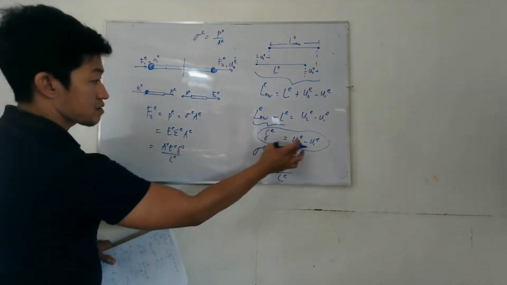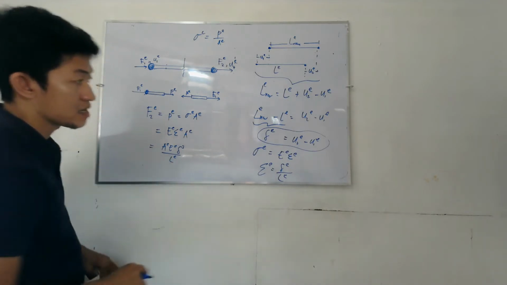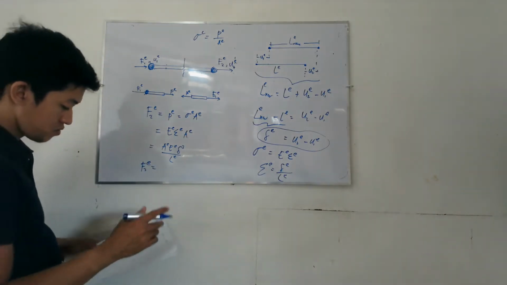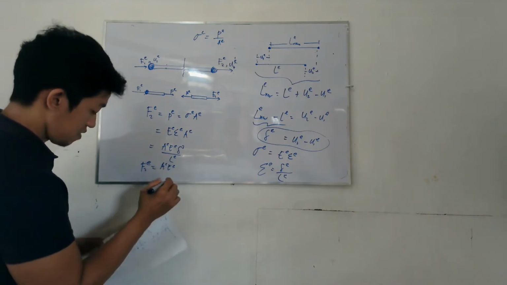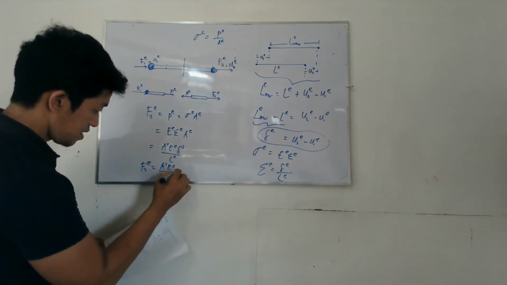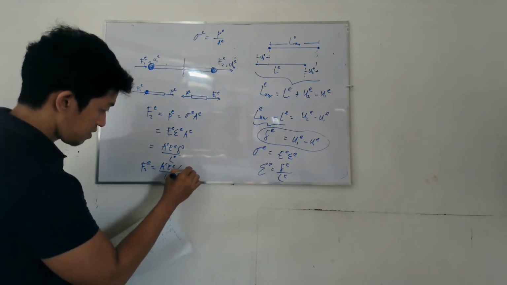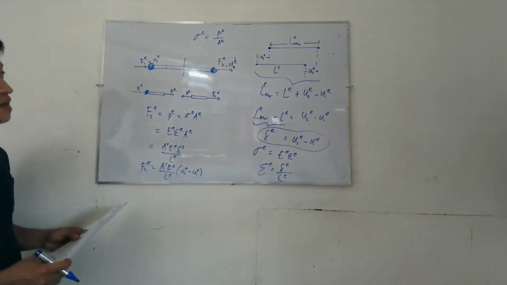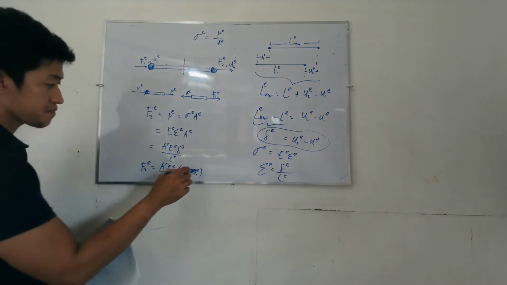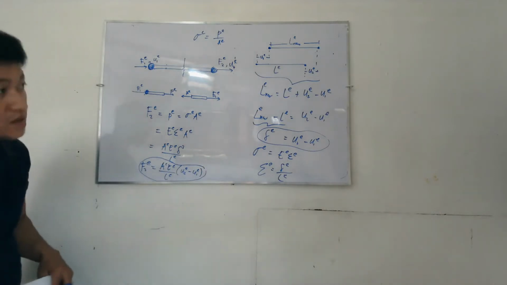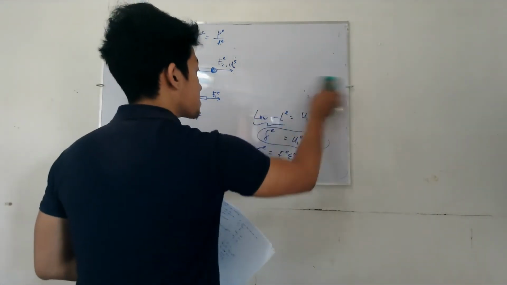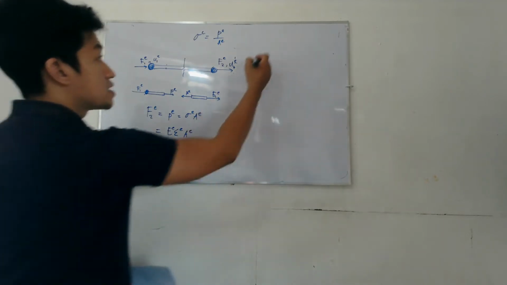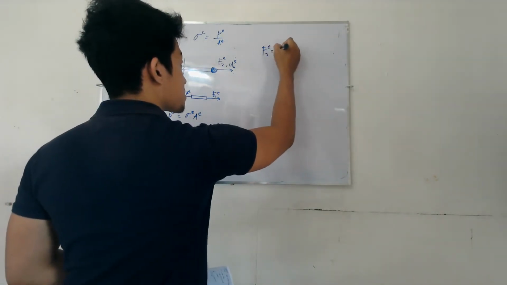But again, this is equal to this. So this becomes F2 raised to E is equal to the quantity over LE times U2E minus U1E. Right? Okay, so this can be rewritten as KE